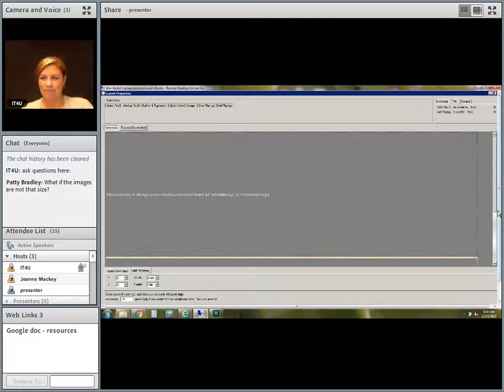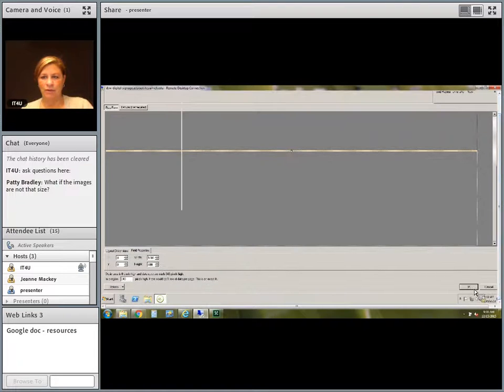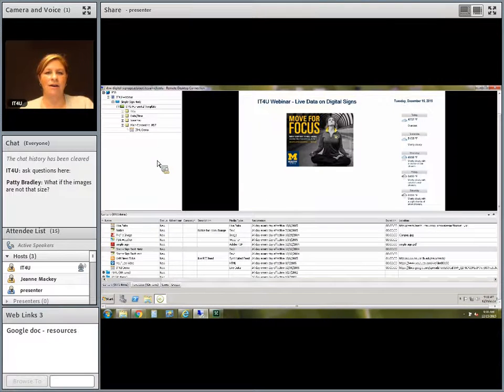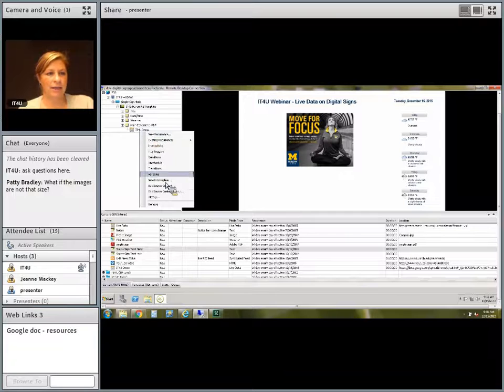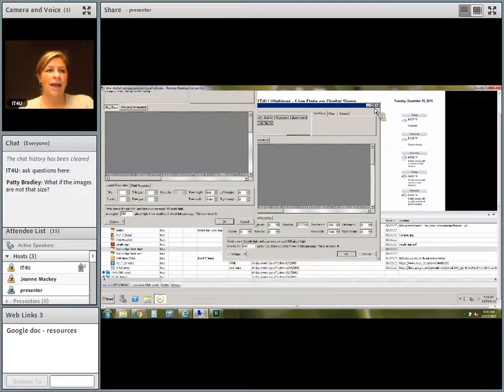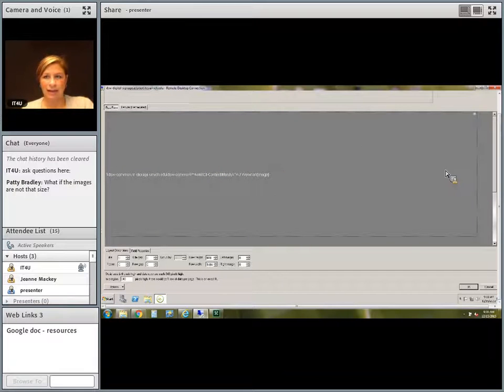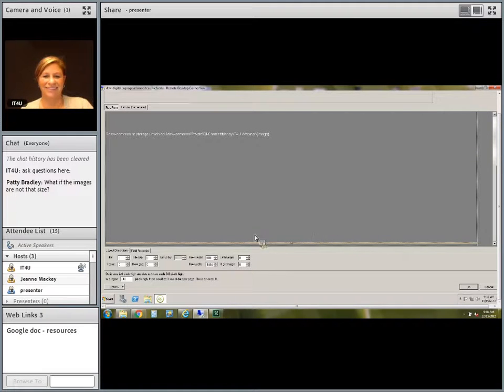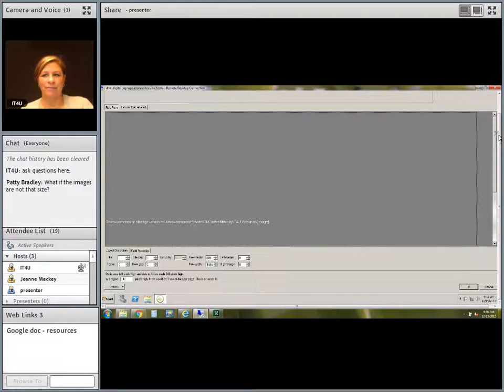Okay. I think we're good here, so I'm just going to hit OK. And now it put my files in here. And it's going to rotate through each one of them. But I kind of screwed up on my sizing. So this is one of those things where you may have to tweak it. I went back into the layout, and I can see that my markup text did not really span the entire region like I had thought it would. So if you run into that, you just need to come back into your layout and tweak it a little bit. I think that's good.